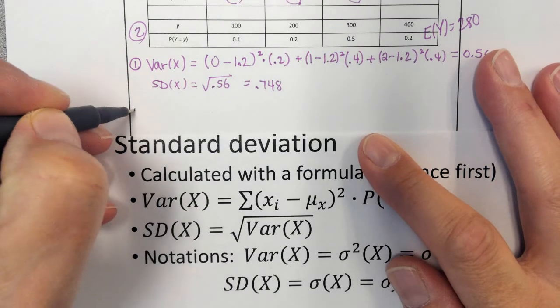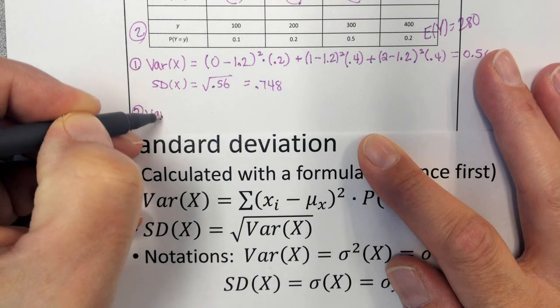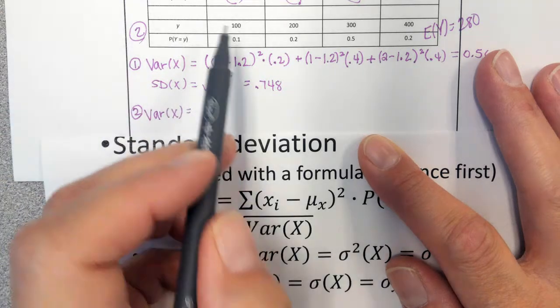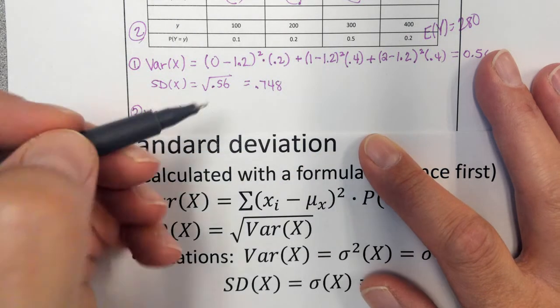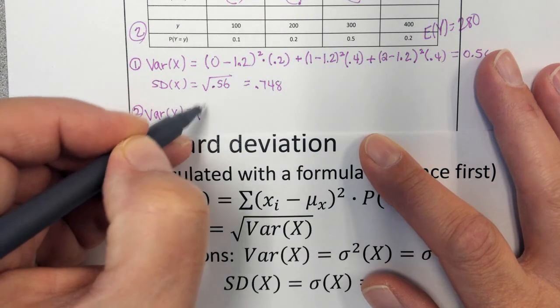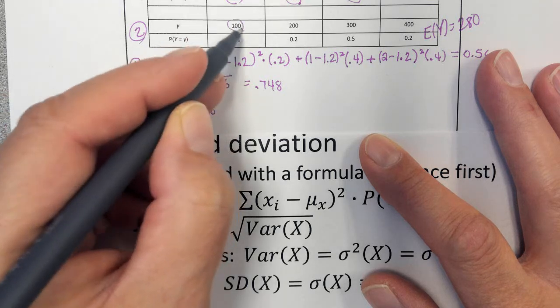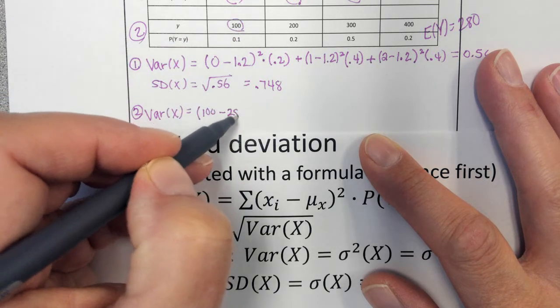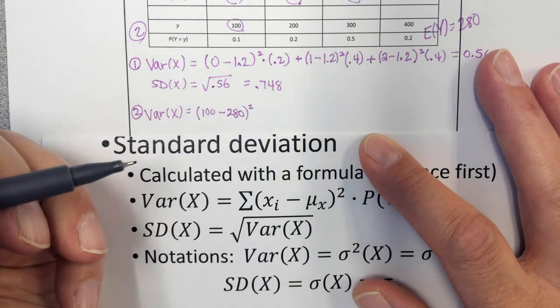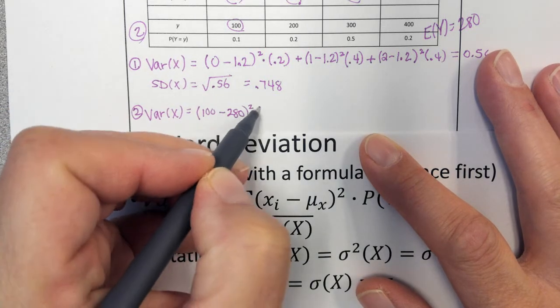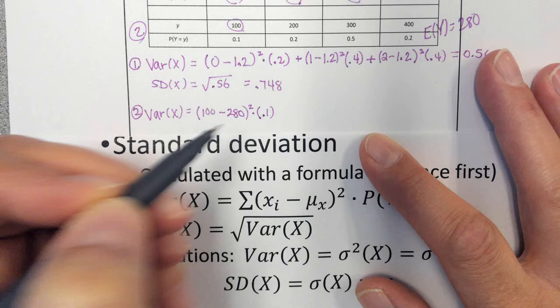So number 2, start with the variance of x. Take each x value and subtract the mean. So we have parentheses, 100 is the first x value, subtract the mean of 280, square it, multiply by the corresponding probability of 0.1,